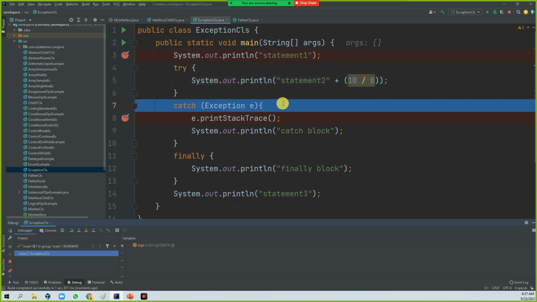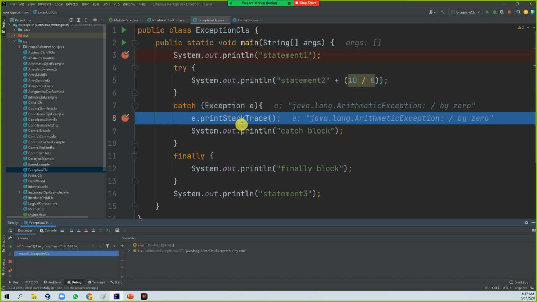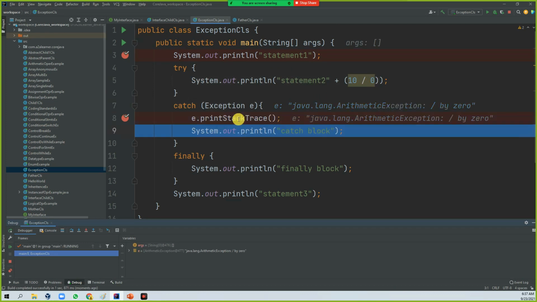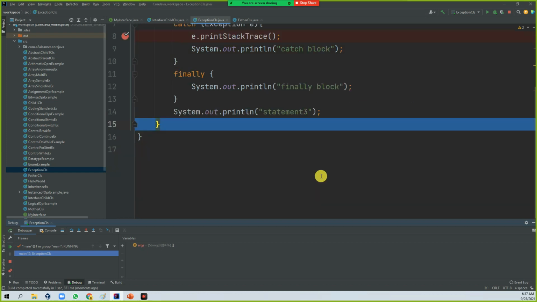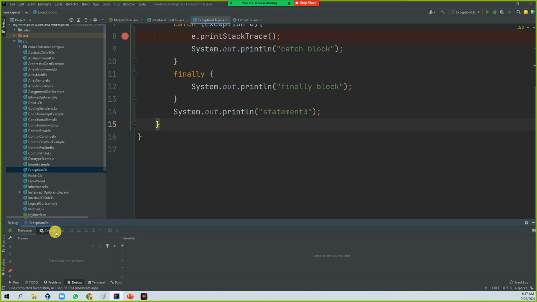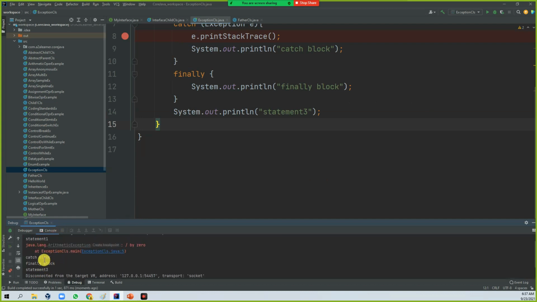When the issue comes, it gets into the catch block. See what kind of issue it is: arithmetic exception. Then it does the print stack trace in the catch block, then finally, then it's terminated. The output is this way: statement 1, catch block, finally block, statement 3.